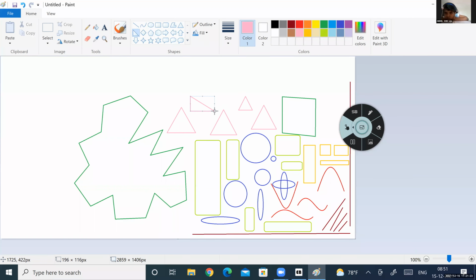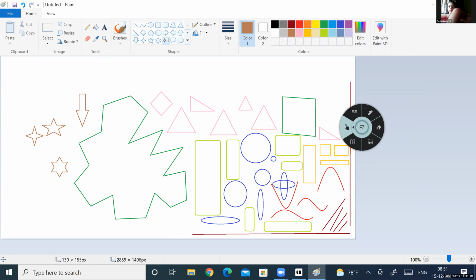Then we have diamond shapes, arrow shapes like these. Then we have different types of stars. Three types of stars are available here.